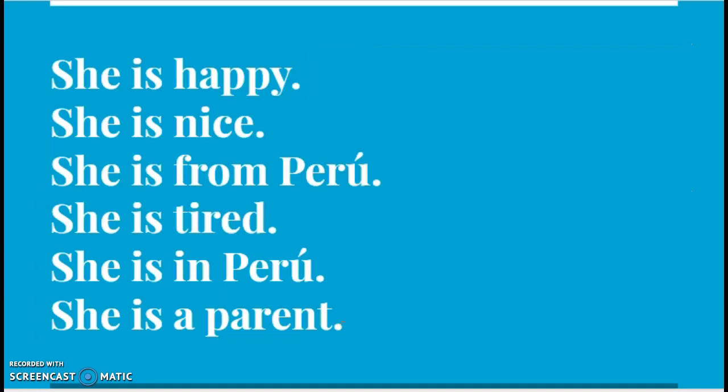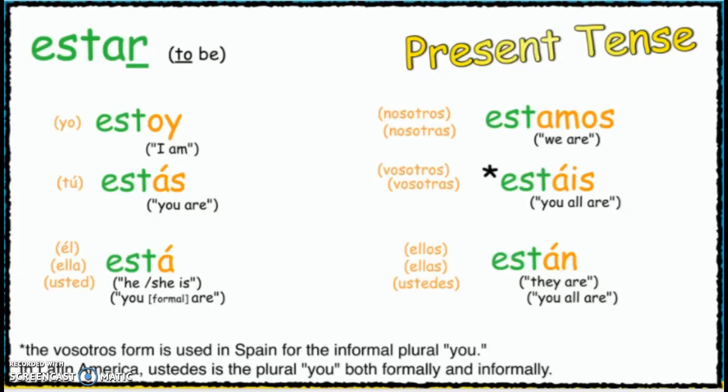So finally, estar is an irregular verb. You can notice that on the yo form there's a y at the end. That's not a regular AR ending. A lot of them are regular AR endings, which will make it a little easier to memorize. However, notice these accent marks on estás, está, and están. And estáis, which always has it.